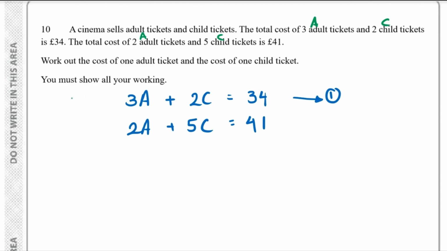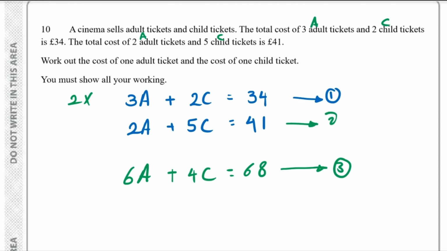So I say the first equation, multiply the first equation by 2. It will make 2 times 3a would be 6a plus 2 times 2c, because we multiply each term, we multiply this one and then the last term as well. So let's carry on. It would be 6a and 2 times 2c would be 4c, and 2 times 34 would be 68. So we can name this one as equation 3, as we have equation 1, this one equation 2, so this is equation 3,